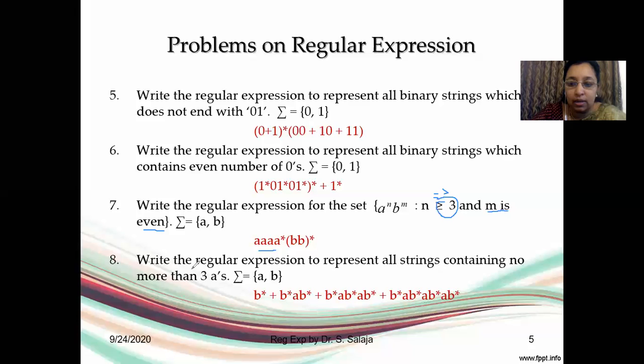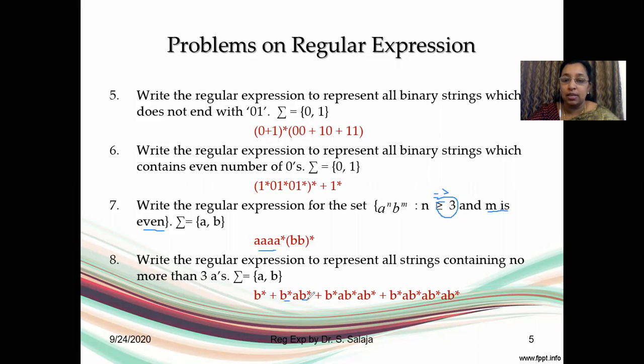Now you have a regular expression to represent all strings which contain no more than 3 a's. So at most it should have 3 a's. Okay, so if it has 0 a's, it's b closure. If it has 1 a, we don't know the positioning of b. Either it can precede or it can succeed or it can do both. Again for 2 a's, again for 3 a's. So this is how we write regular expressions to represent different patterns. I hope you have understood the concept. So we'll end off